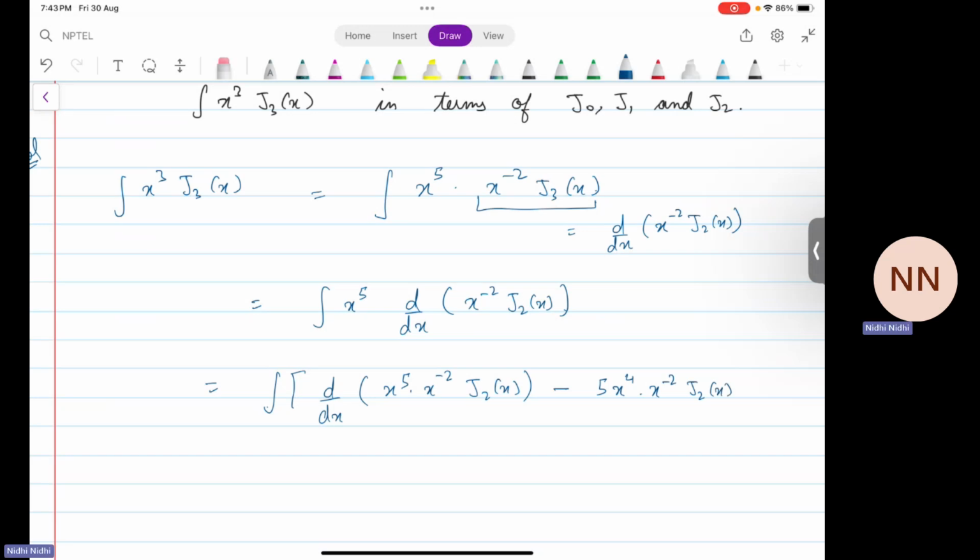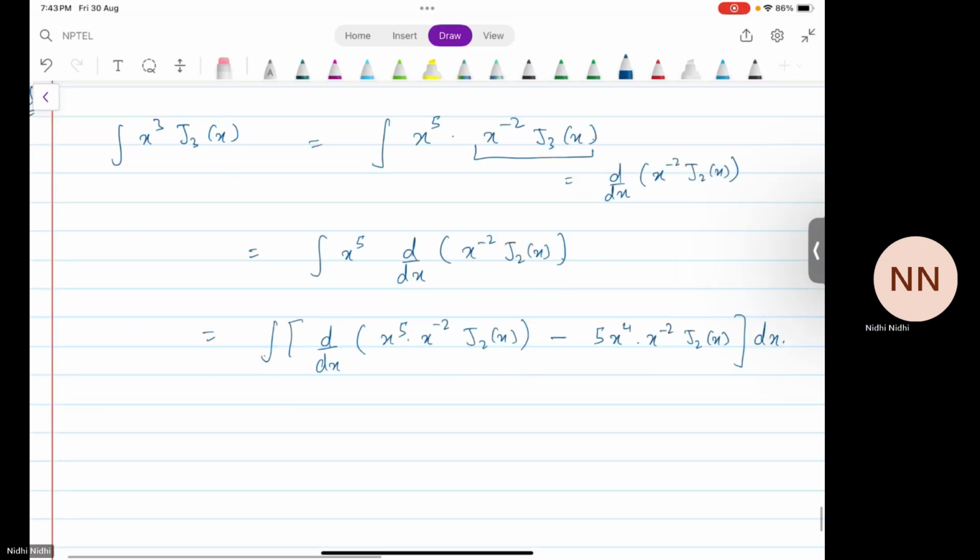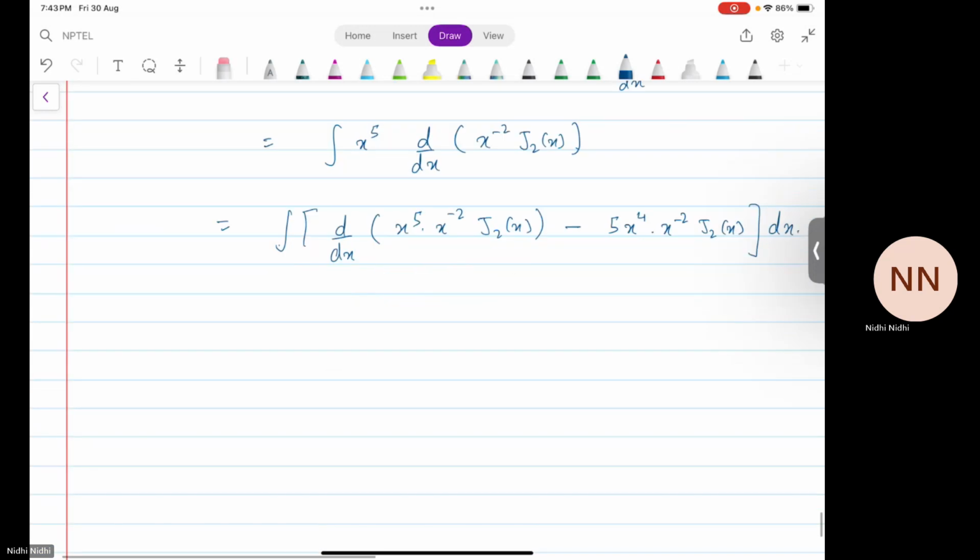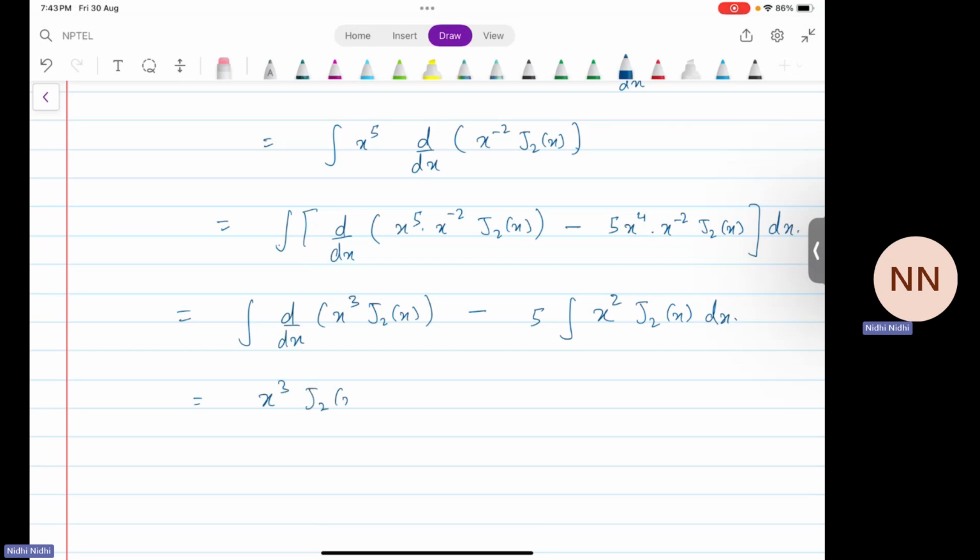This is basically the product rule. So we get from here integral of d by dx of x cube J2x minus 5 integral of x square J2x dx. Now this integral and derivative get cancelled out. We are left with x cube J2x minus 5 times